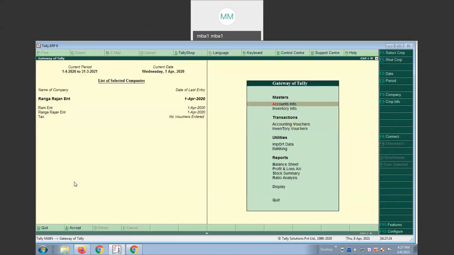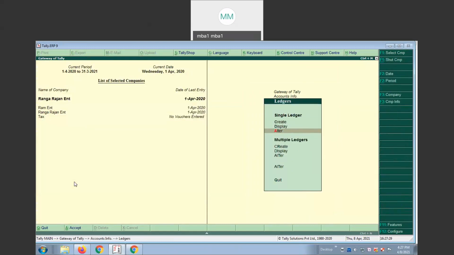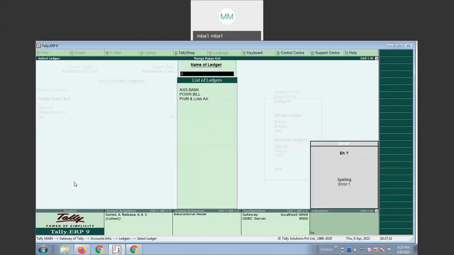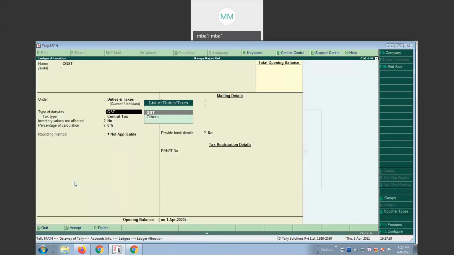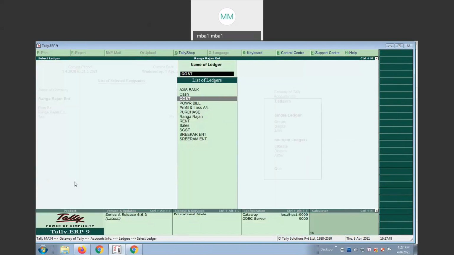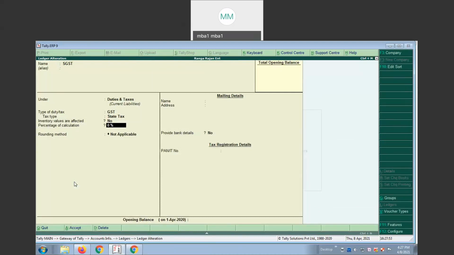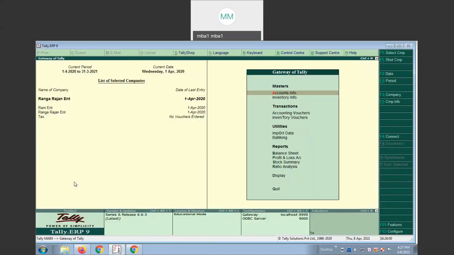Go to accounting info, go to ledgers, alter, CGST, IGST. Yes, here you need to take 6%. Even SGST we also need to take 6%. Enable it. Now go to accounting vouchers.